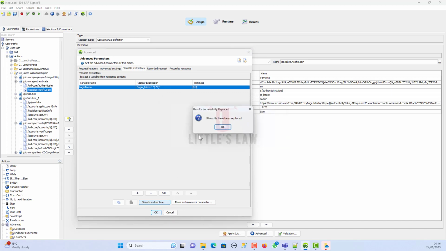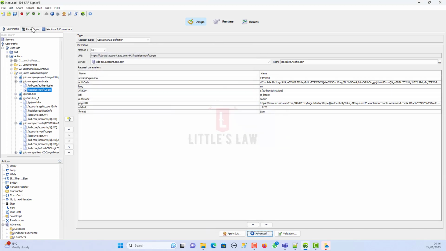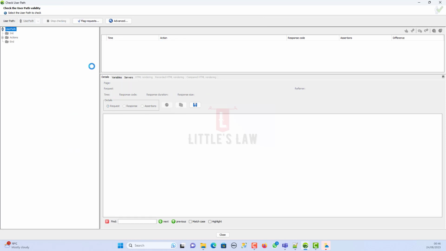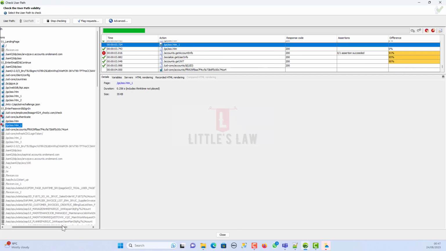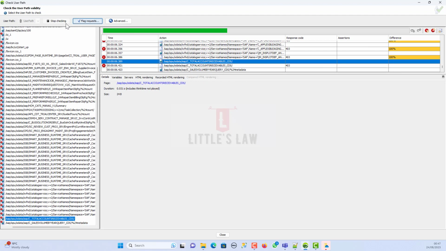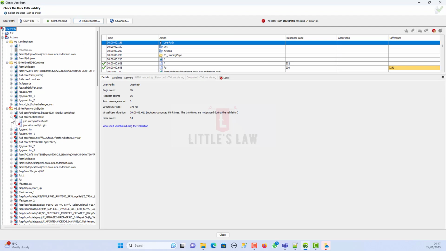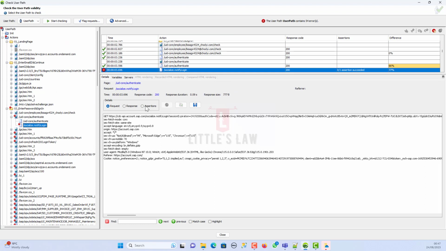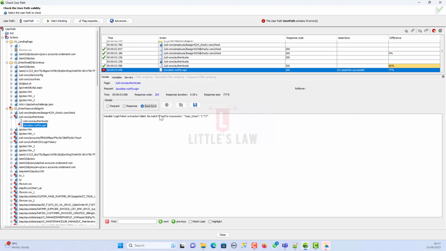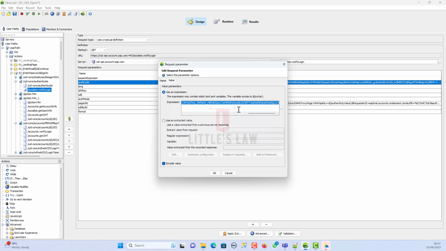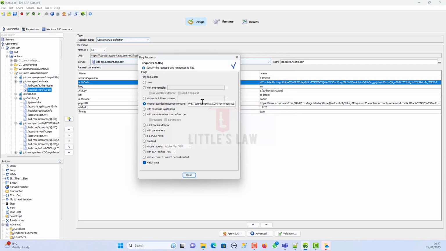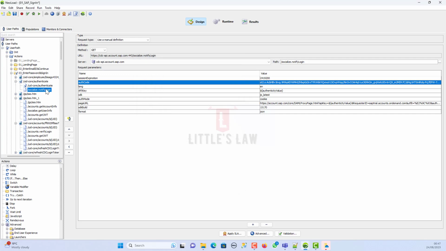So it has got 30 values to be replaced, and let's replace the values now, and I'm doing a checking again. So this time there will be few values that will be fixed. So now we have got few more. So here you can see this particular value is not working, so which means this particular request needs to be fixed. So for that we'll have to correlate this value, the authentic code, and let's search for the recorded response contains the